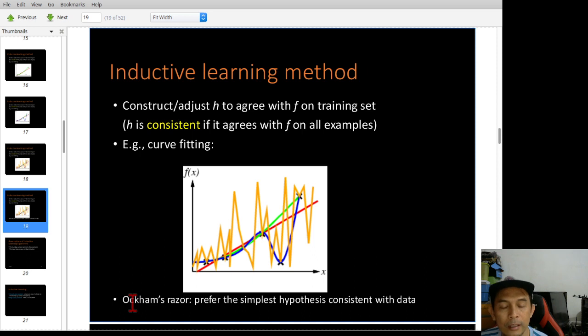You can Google this principle, Occam's razor. It is a very famous principle, preferring the simplest out of many hypotheses. If you have more than one hypothesis that can accurately provide a solution, then you choose the simplest one.